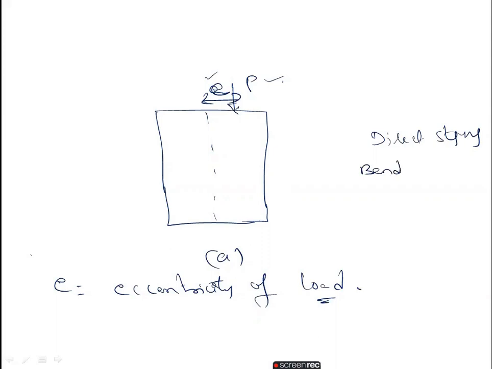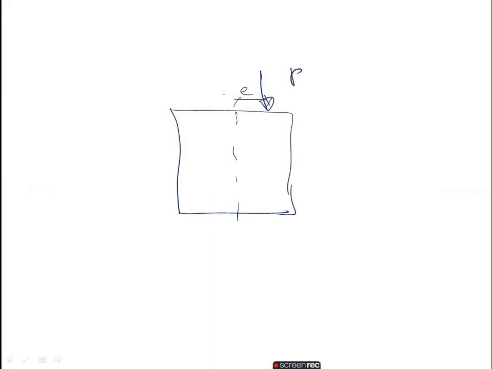So how will both the stresses develop here? In this case, there is an eccentricity E, and the eccentric load is P. So how will the forces or stresses develop here? Suppose I take the column like this, at a distance E the load is P. Now I apply the load P on both sides, in the vertical direction, downward and also upward. So in this case, we are considering two equal and opposite forces.